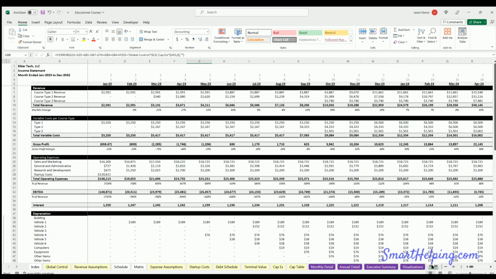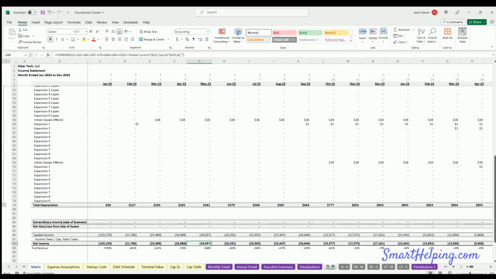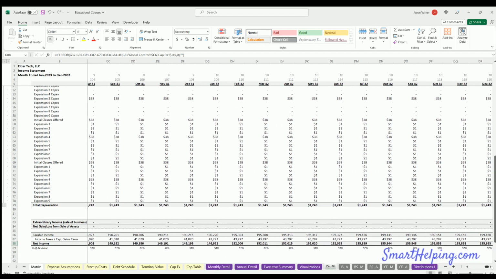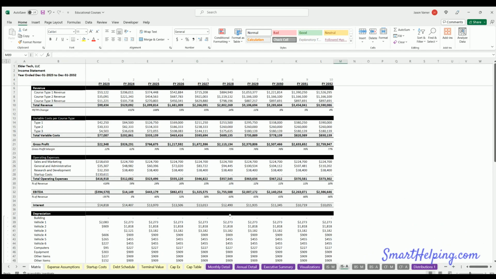And then now we have financial statements. So I have distilled everything down into a 3-statement model. So you've got your income statement, which will have things like depreciation, your taxes, net income over time, income statement annual,